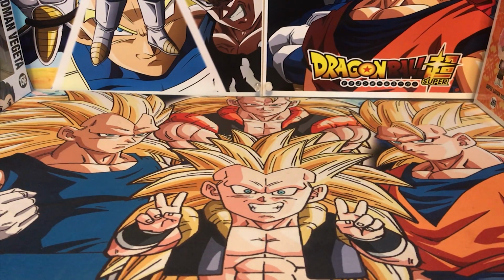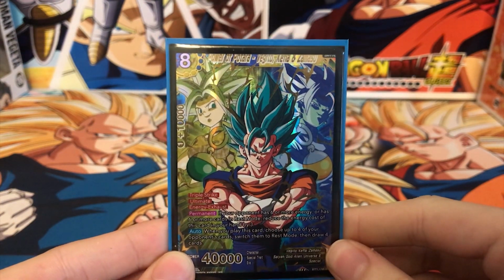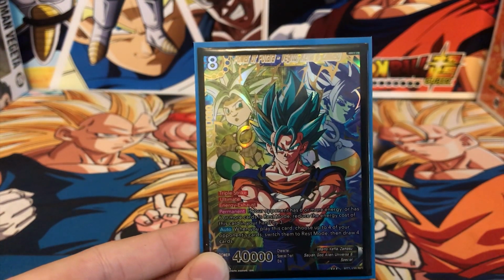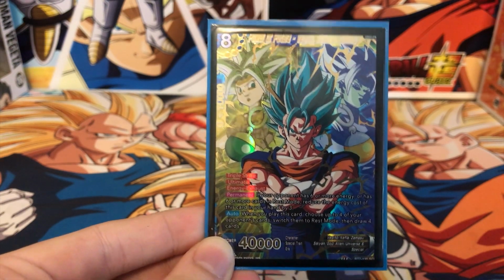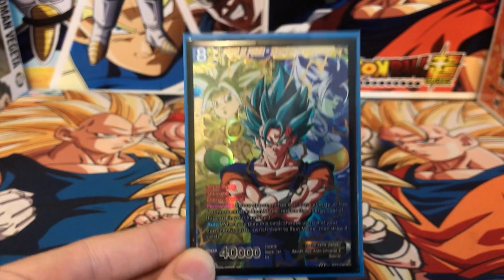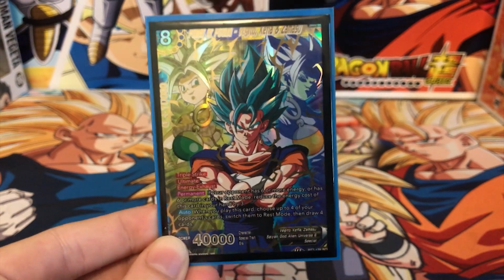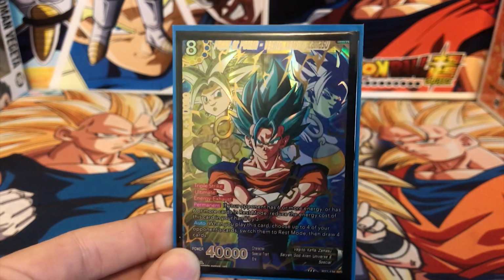So, last but not least, we got the secret rare, Power of Potara, Vegito, Kefla, and Zamasu. If your opponent has 6 or more energy, or 6 or more cards in rest mode, this card becomes a 5-cost. And he's triple strike. When you play this card, choose up to 4 of your opponent's cards, switch them to rest mode, and draw 4 cards. This card kind of underperformed for me during this weekend, but I still wouldn't take it out